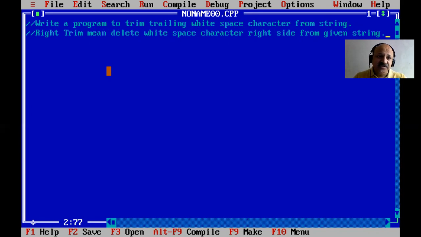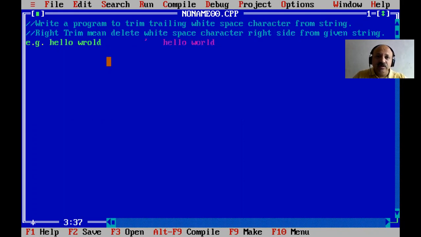So yes, let us give one example so you can understand better. Like we can say hello and world, and then I give some blank space, and here I just mention a single quote, but that is not part of it. So all these characters are our input, and after that our output is only hello and world.